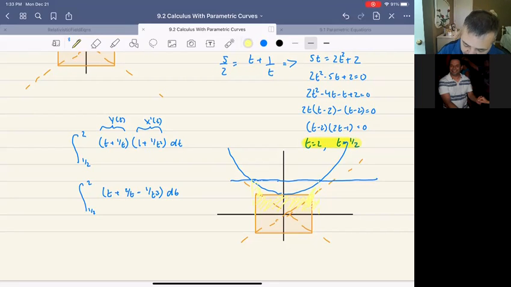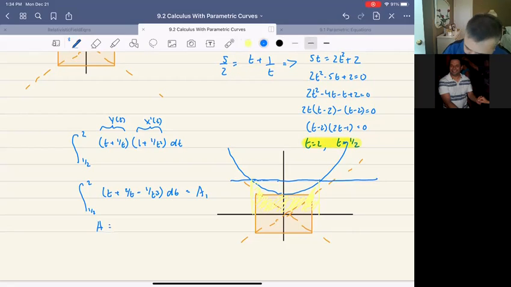What we really need to do is take the area of this whole box minus that. That's an easy integral to do. I'm not going to do it for you. Let's call it A1. Our total A, the one we're looking for,